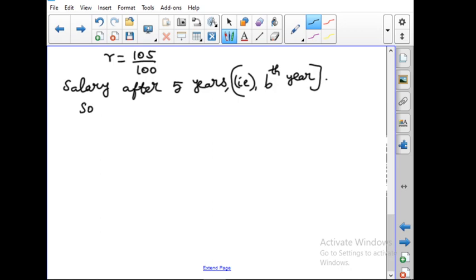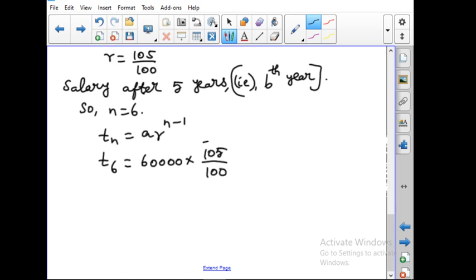So here n equal to 6. We know the general term of GP: Tn equal to A R power n minus 1. So T6 equal to, we know the values, A is 60,000 into R is 105 by 100 whole